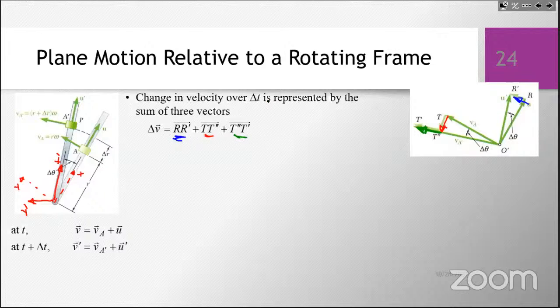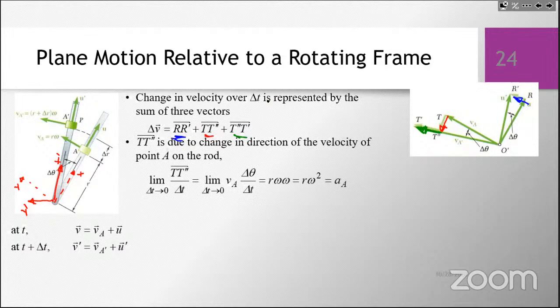So this is representing the change in my velocity, right? And I've got some x component change, I've got some y component change. Remember, we're talking about the absolute velocity here, right? Talking about the absolute velocity. So we have to take into account all of the velocity that we have,